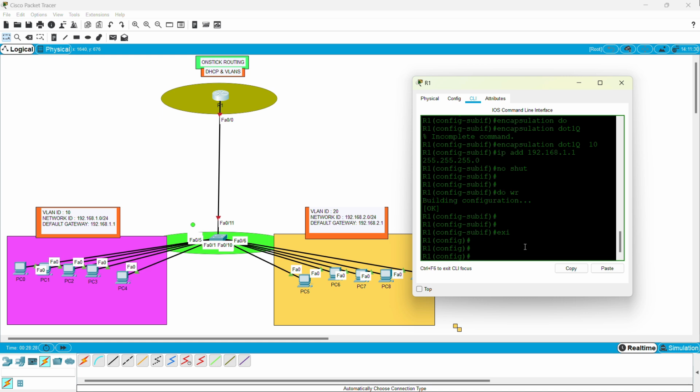In this case, let's go to interface fa0/0.20, because this is the VLAN that we are trying to access. And then all we have to do now is to type that command again, encapsulation dot1q, and then we need to specify that now this is VLAN 20, and we can start assigning that IP address of 192.168.2.1, and then specify the subnet mask of this class C IP address